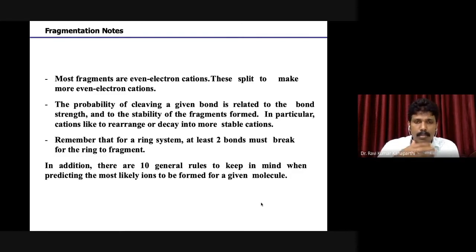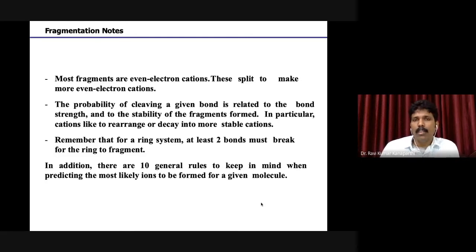Whatever I just mentioned, the mass spectrometer detects only the positively charged species. It's not the radicals or the other things. Therefore, you can always infer that the fragment peaks are fragments having an even number of electrons, because it only detects the positively charged species.